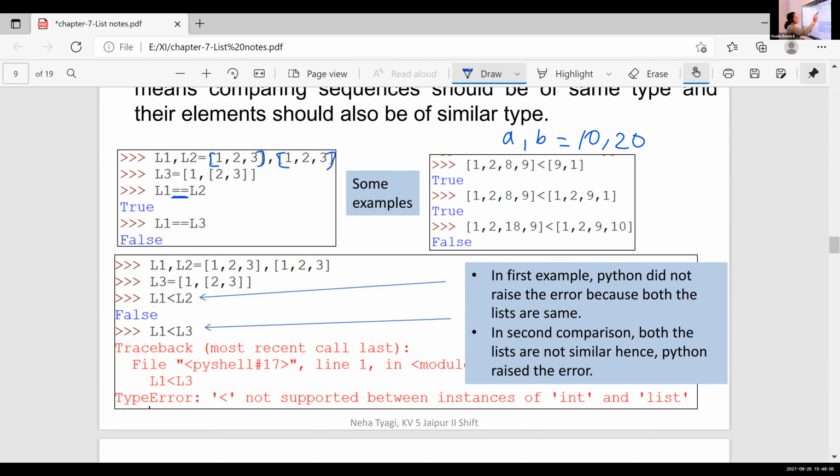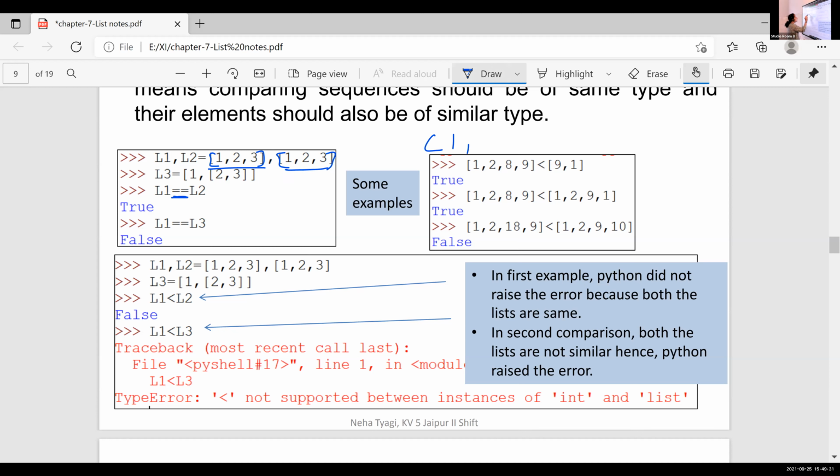Just like this, we can assign multiple lists to multiple variables also. So how can we write this statement? Here it is L1, L2 is equal to, this is the first list, this is the second list.